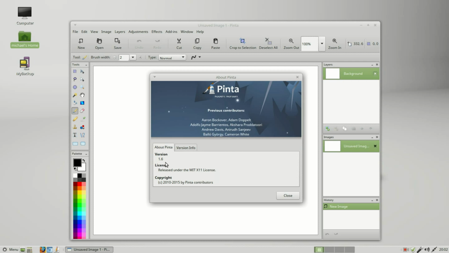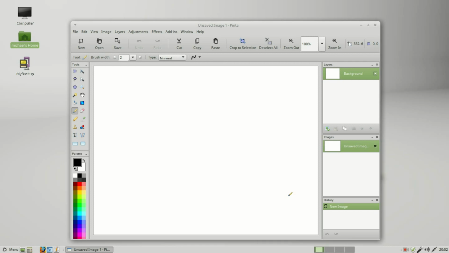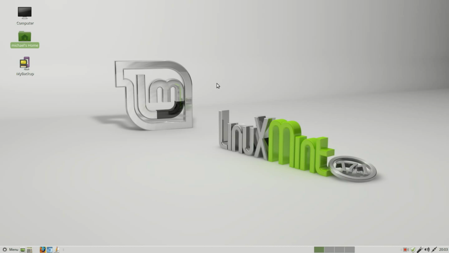That really doesn't work well. If you like using Paint.net, Pinta is very close to it. In fact, I believe it's built on the same framework as Paint.net. I also added in the screensavers. So when we restore this in a few videos, we'll see how that all works out. We're not going to restore this in the next video, but we will restore from this backup. So make your backup and set it aside somewhere safe where we can get to it in a few videos.